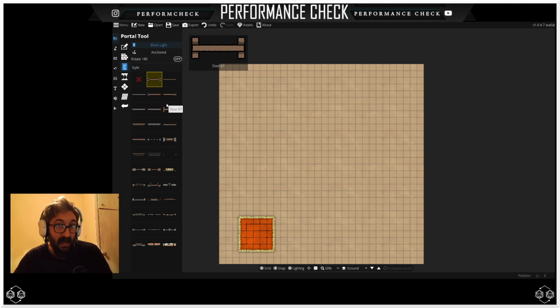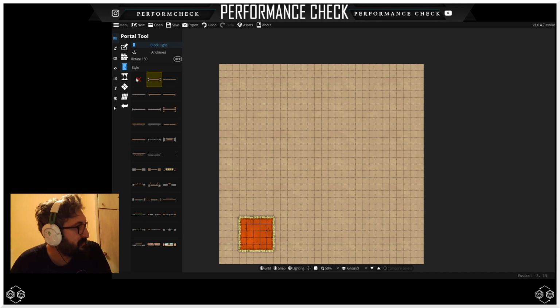Also, a great feature that's come into Roll20, at least in my mind quite recent, is the fact that they've actually now finally developed a tool for doors to work with dynamic lighting, so you can just drop them into the dynamic lighting now and you don't have to fiddle with them as much. And the best thing of all, players can interact with the doors by clicking on it from their screen, so I don't really have to do that anymore, which saves a significant amount of time for me during a session. So instead of including a door, because I will probably use this map in Roll20 at some point to demonstrate the next stage, as it were, I've selected this cross here, which effectively